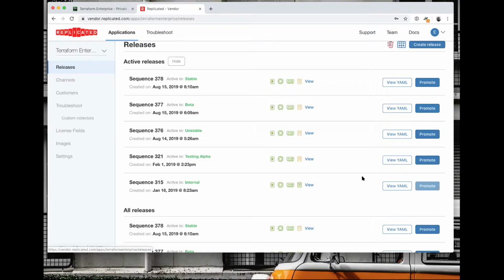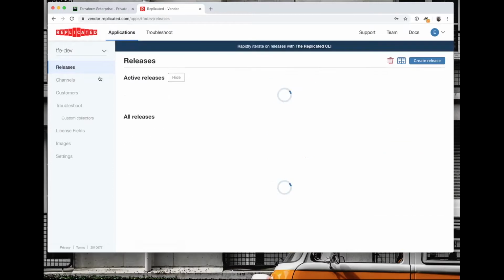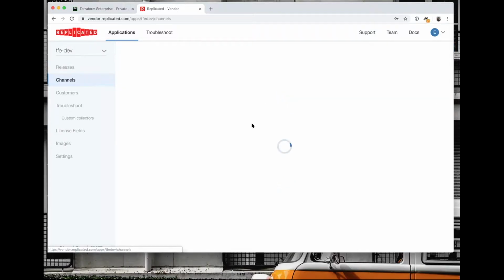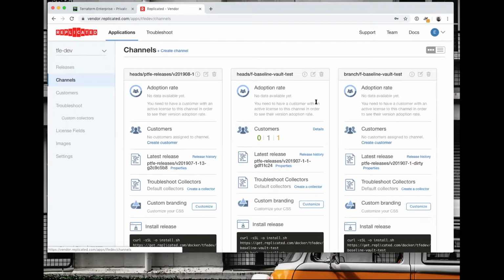We've seen people do lots of different things. Some folks have automatically created a channel per branch and then had licenses automatically generated. I think you said you were doing something interesting for testing as well. Yeah, we do that same thing. We have this other application over here, which I'll show you. It takes a second to load because it is very large. Actually, the releases one is not going to be as useful. We'll look at channels. You can see by the name, this is a channel per Git branch.